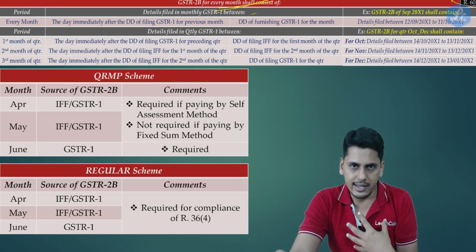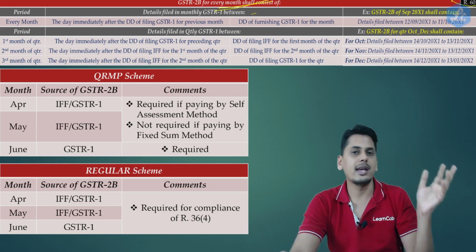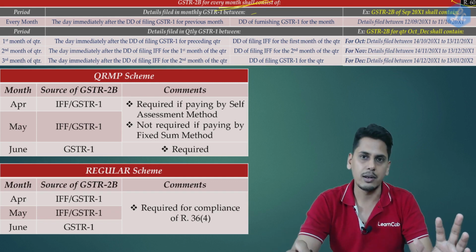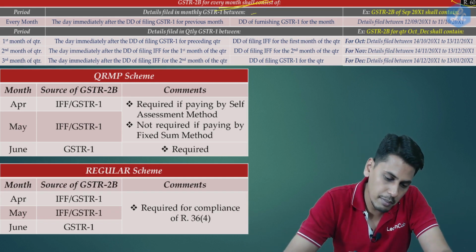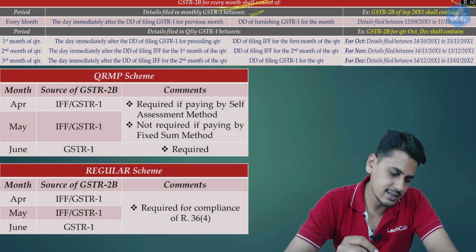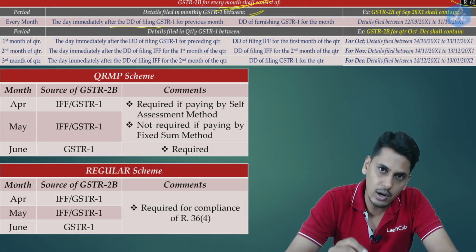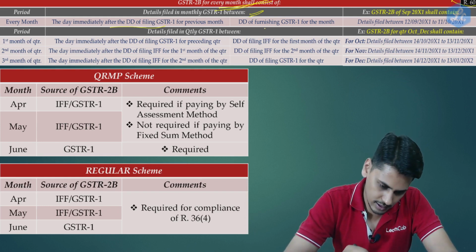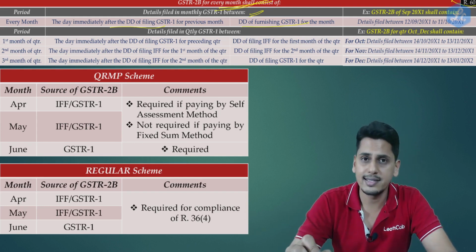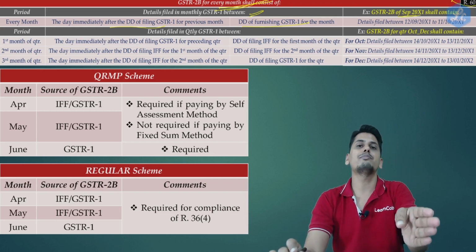So suppose I am the recipient, in my 2B, what would appear? I could have my suppliers who are filing monthly GSTR 1, or suppliers who are filing quarterly GSTR 1. If my suppliers are filing monthly GSTR 1, then for any particular month, GSTR 2B shall consist of the day immediately after the due date of filing GSTR 1 of the previous month till the due date of furnishing GSTR 1 for the month. Say for example, GSTR 2B of September would consist of, for September, what is the cutoff